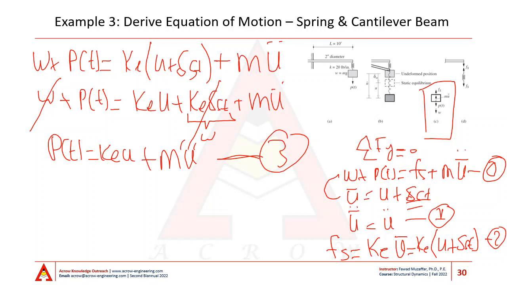Now Ke can be calculated by considering that my total vertical displacement of the mass is due to two sort of springs. The first spring is my cantilever of 2 inches diameter and 10 feet long. From statics, I know that the vertical displacement of a cantilever at the tip due to a single kip force is nothing but equal to 3EI over L cube. So, in other words,